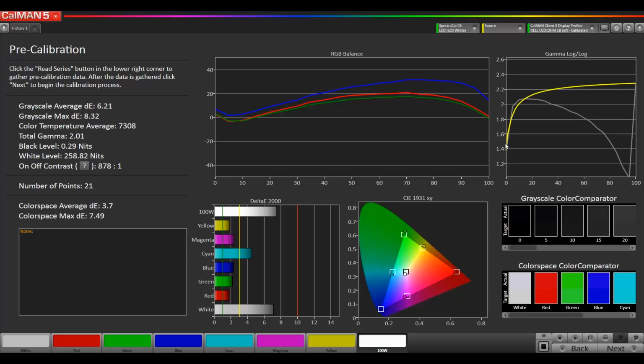And since it's a Windows machine, it'll load that 1D LUT into the drivers of the monitor, and then it will create an ICC profile and plop that into the operating system. Now that we've gathered all the data, we can go ahead and click Next to start the